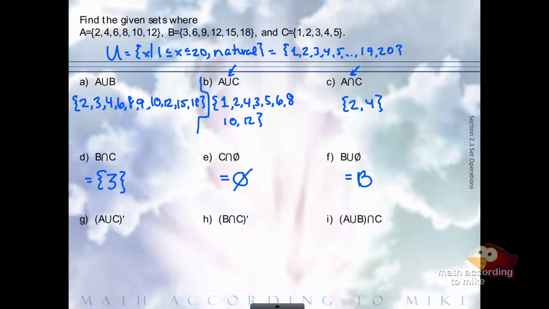Okay. Part G has a complement in it. That's what the little prime means. And notice part G relates to part B. It just happens to be the complement of B. So if the universal set is the natural numbers 1 through 20, and in part B we found the union of A and C is 1, 2, 3, 4, 5, 6, 8, 10, 12, we're going to take those numbers out of the universal set, and that would leave us with 7,